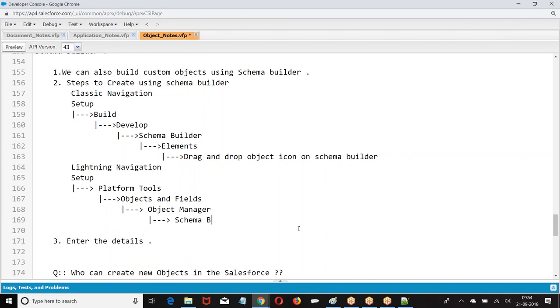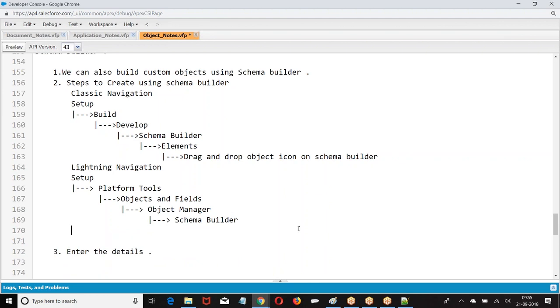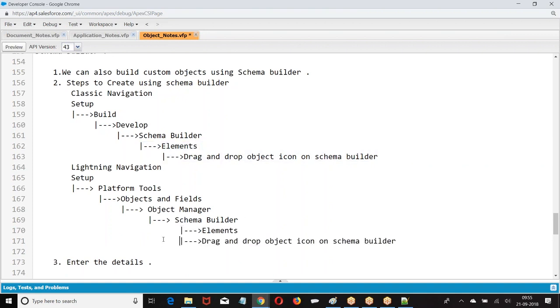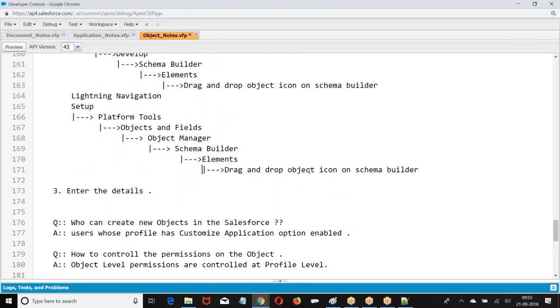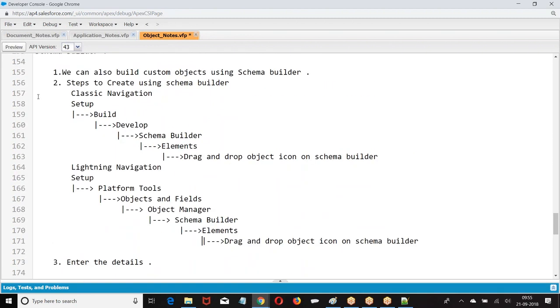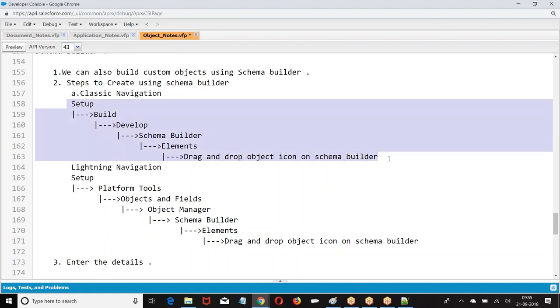Then the schema builder. The same story. So this is building using schema builder. This is the Classic way of creating it, and this is the Lightning way.